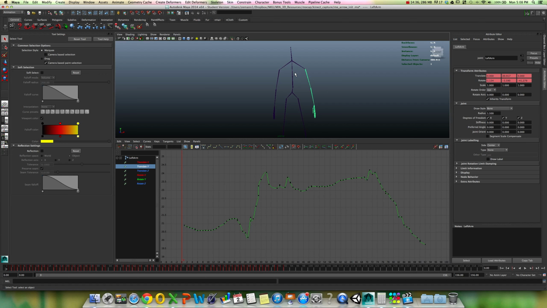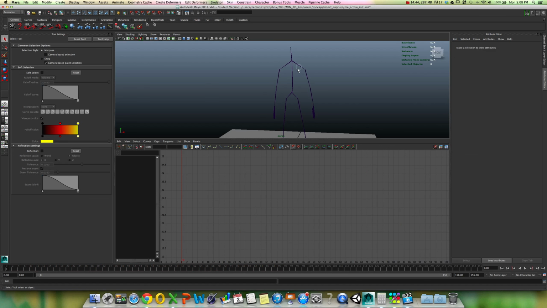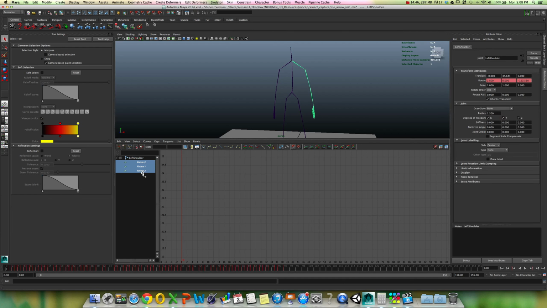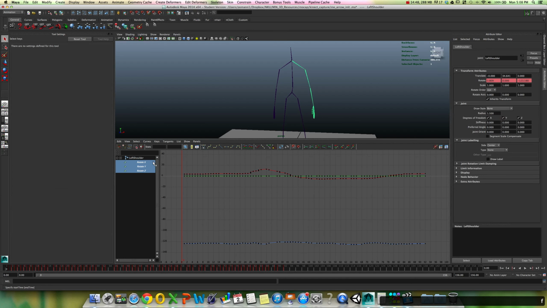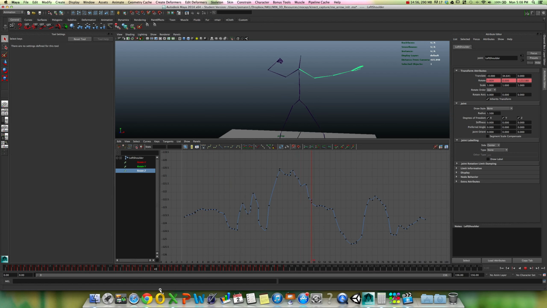Now, in this case, we're not going to worry too much about that. We can always do that later. The clavicle here doesn't really have any translation data, and this is just how the Kinect animation happens. It's trying to give you clavicle data, but really it doesn't really know. I mean, some of these values are pretty small